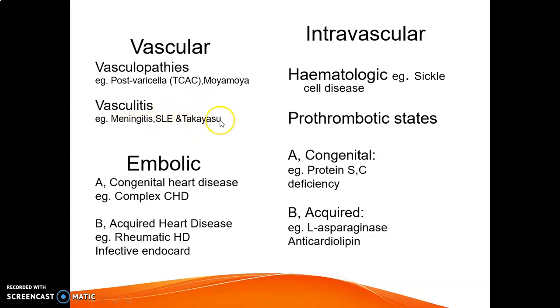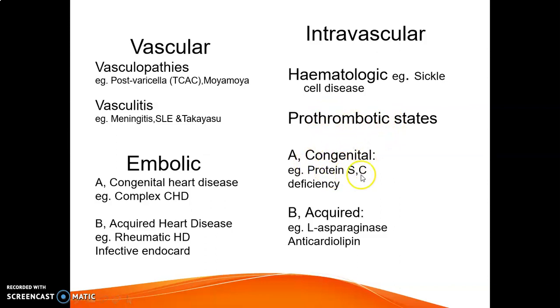and Takayasu, which is like a thickening of the arteries happening in the child, even 10 to 11-year-old children, boys or girls, mostly seen in boys. Embolic conditions such as congenital heart disease, complex congenital heart disease, acquired heart disease, for example rheumatic heart disease, infective endocarditis, intravascular, that is hematological, sickle cell anemia disease, prothrombotic states such as those related to platelet and coagulative diseases,